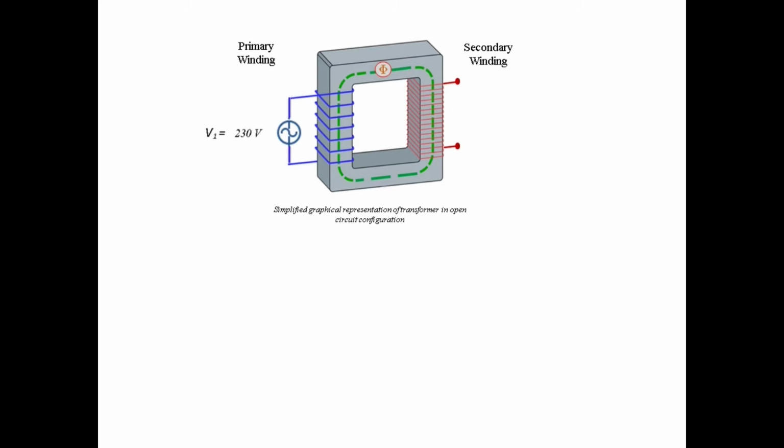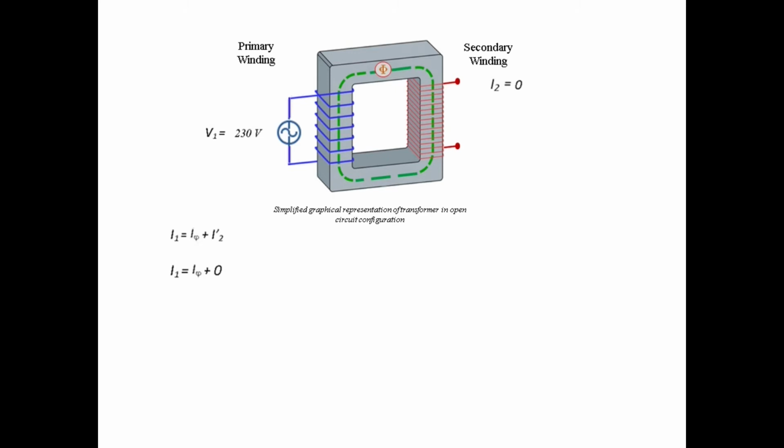As mentioned already, the current I1 has two components. One, the current that sets up the mutual flux, or energization current I-phi, and two, the current used to balance the demagnetizing effect of the load current I'2. Since I2 is 0, I'2 will be 0. Thus, the only current flowing will be in the shunt branch, I-phi, which as mentioned earlier is generally less than 5% of rated current.